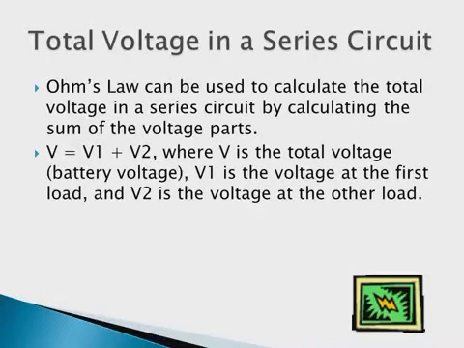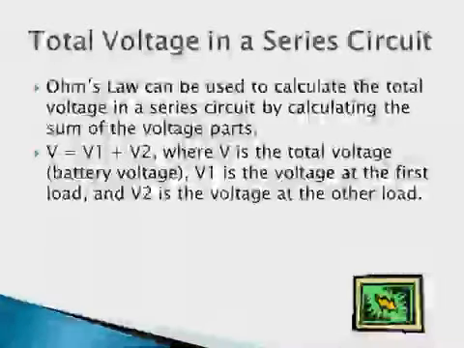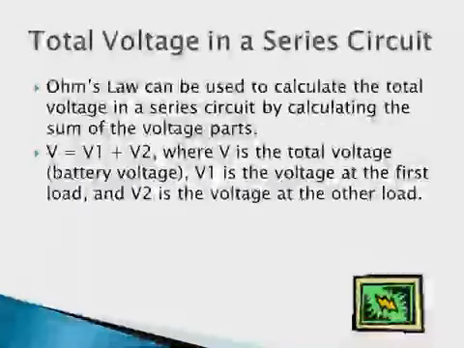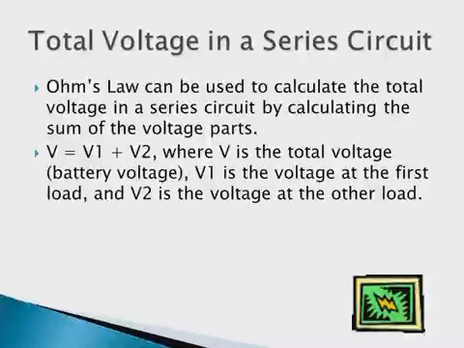And the voltage, by Ohm's law, we can calculate: V is equal to IR. So voltage can be calculated, which is equal to the sum of V1 plus V2, and V is the total voltage. But in the series combination, the voltage is different according to each resistance, according to each device.